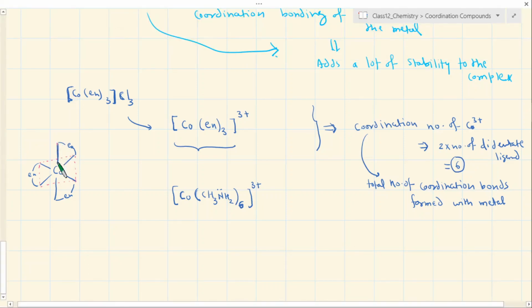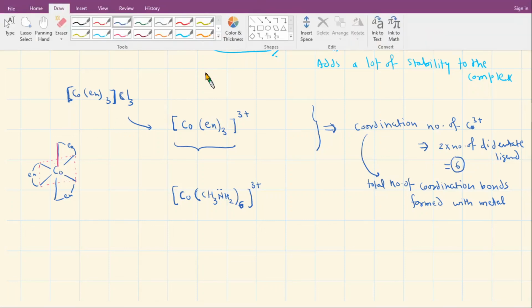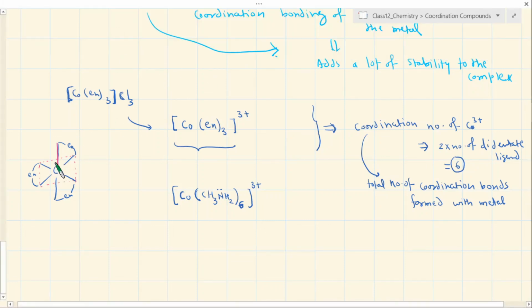Normally the bonds are represented by arrow from the ligand towards the metal, like this. But generally the arrow sometimes is ignored. In your book you might have seen they generally have not written down the arrow, but that's fine, understandable, but mostly the coordination bonds are referred by arrow. So this is an octahedral complex. Now if you try to draw the octahedral complex of this, of course there is a charge on this entire thing. With charge it is represented like this.